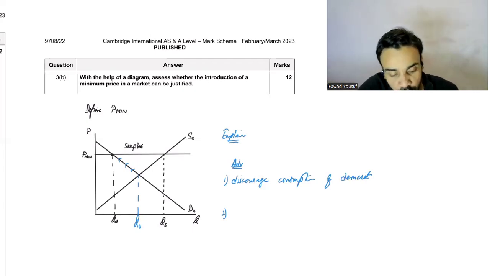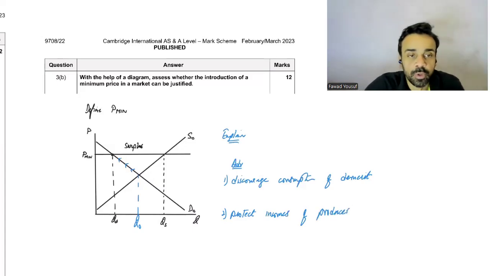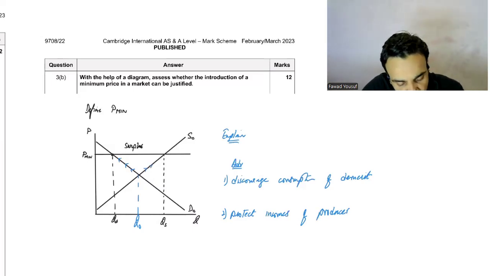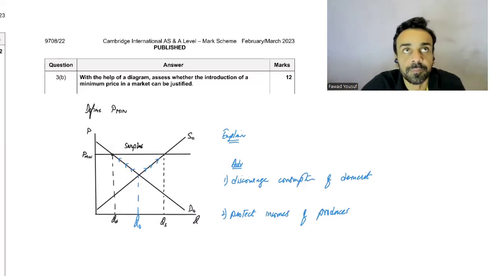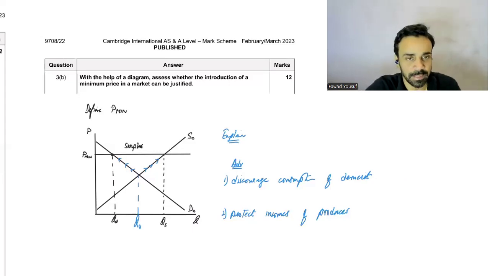Another case we can also talk about is that it can also be used to protect incomes of producers by guaranteeing a price that it cannot fall below, and they can increase the supply, with a sense of security that they've produced extra quantities and they can sell it in the market and generate more incomes. So these are the two aspects in which you can talk in terms of the advantage, and you need to explain,